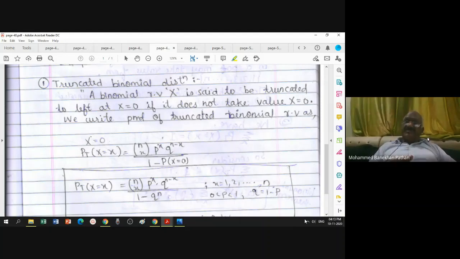But the nature of my experiment is binomial, because every seed has 2 possibilities. That seed may be germinated or may not be germinated. I put 10 seeds in every pot. So my possible values will be 0, 1, 2 up to 10. But here 0 is not observable. Even though the experiment is binomial, I am not able to record the 0 value. So that is the situation where I can go for the truncated binomial distribution.